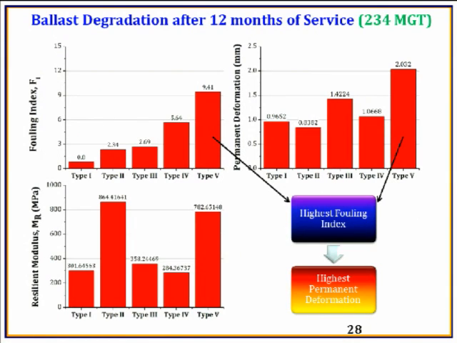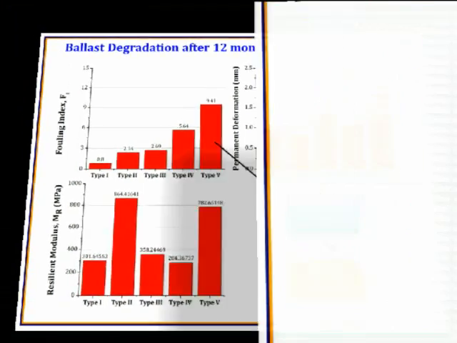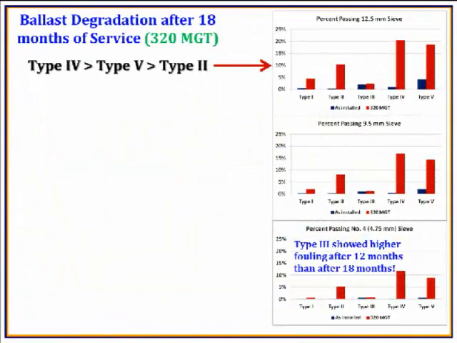We didn't find any direct correlation between the resilient modulus and the permanent deformation or the fouling index strengths, but we definitely got something in between fouling index and the permanent deformation. The one material that we have, type 5 control ballast, had the highest amount of fouling index and showed the highest amount of permanent deformation. But 6 months later,